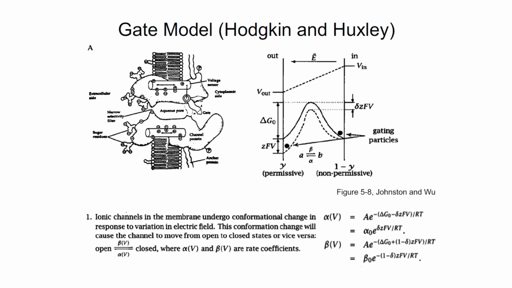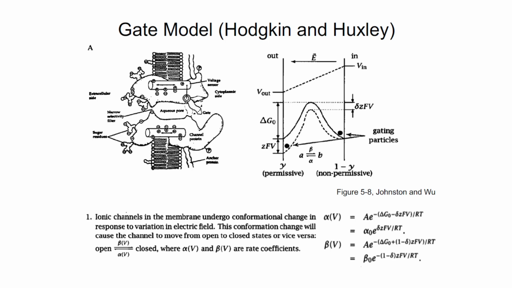So this is a similar concept here, but here the electric field or the voltage difference is causing this change in activation energy, which is given by this del Z Fe, and the gating particle can move from this state to this state. So it can move from a non-permissive to a permissive state. And now you have this alpha V and beta V. These are basically the